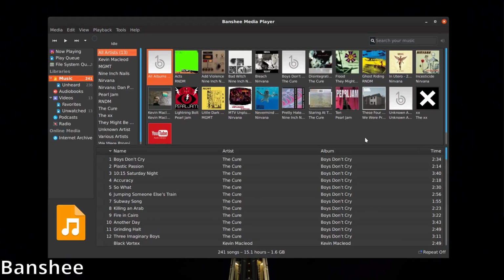Next we have Banshee. Now Banshee isn't just a good music player, but it's a good full-on media player. This media player actually lets you choose between music, audiobooks, videos, podcasts, radio, and online media. However, this program feels like it was primarily made for offline music, so because of that, I'm considering this a